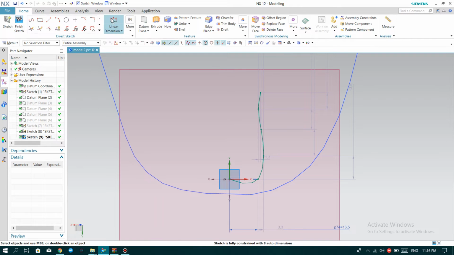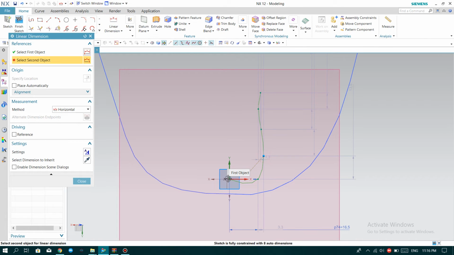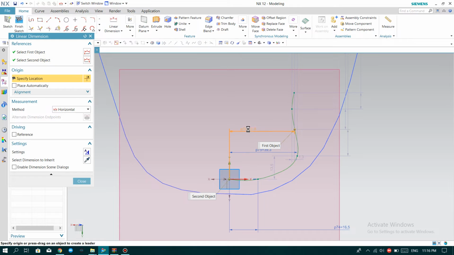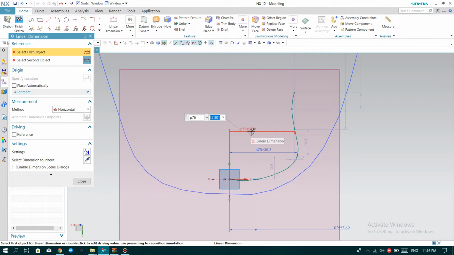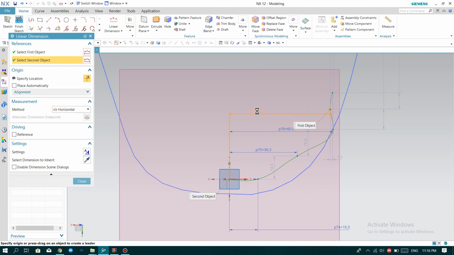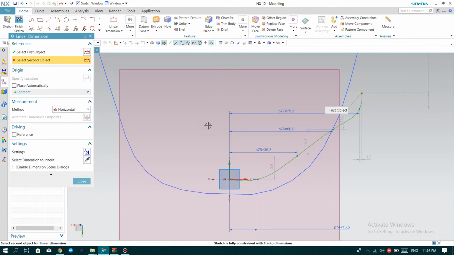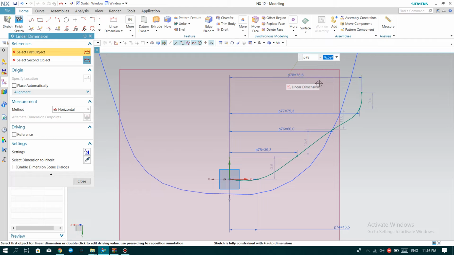and next one is this point and this point should be 39.25, and this point and this point 60, and this point and this point 75.25, and the last point is 81,